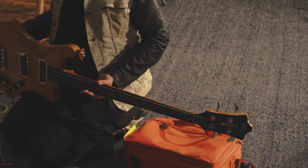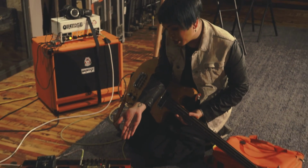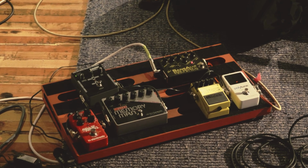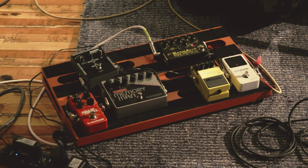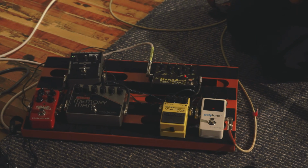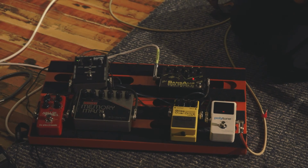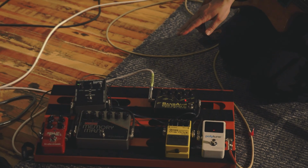I run it through sometimes an overdrive, just like a really typical Boss overdrive, but also the Sans Amp is a really important pedal in my setup. It's something that really brings to life an instrument that, gosh, is very old at this point, and really brings a fullness to its sound. So my pedal setup for bass is actually pretty simple, but when you get over into vocals over here,